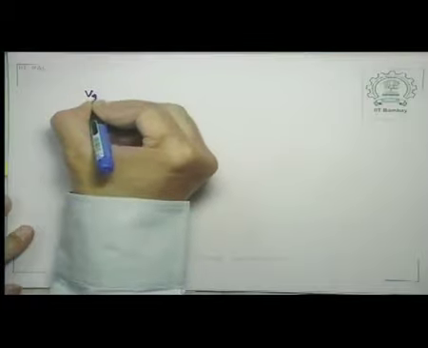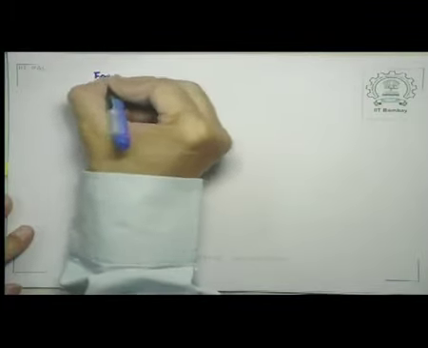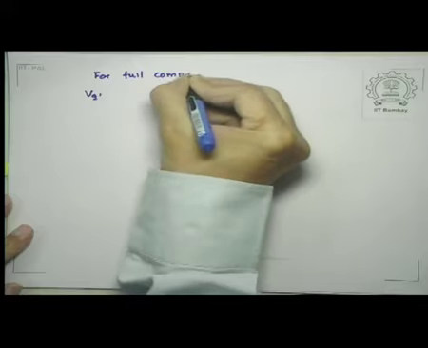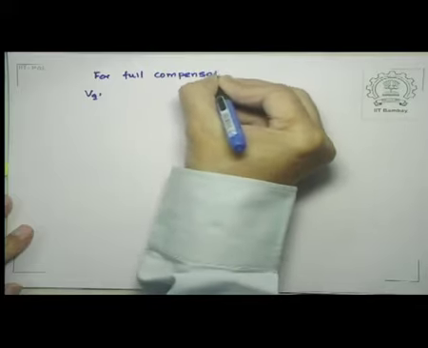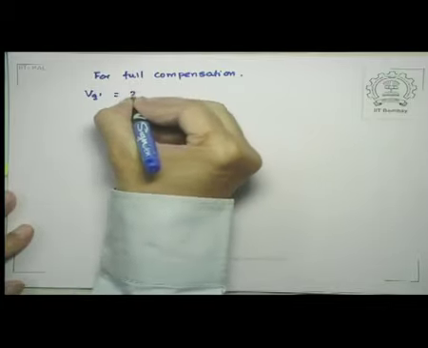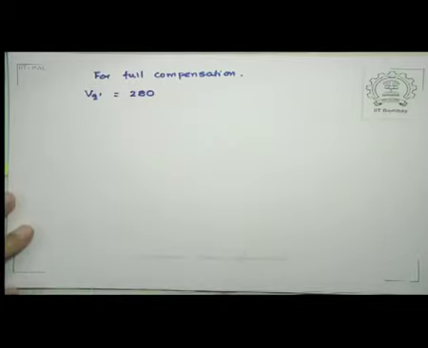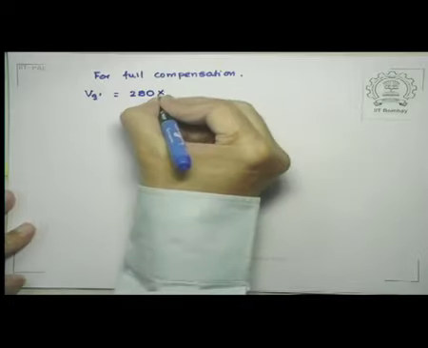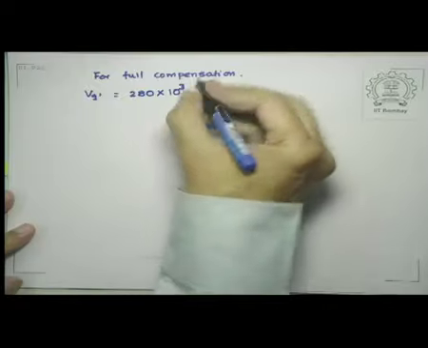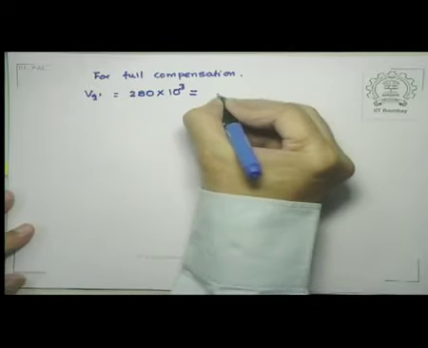We are saying then that Vq prime for full compensation must be equal to 280 kilovolt ampere, 10 to the power 3, and that must be equal to